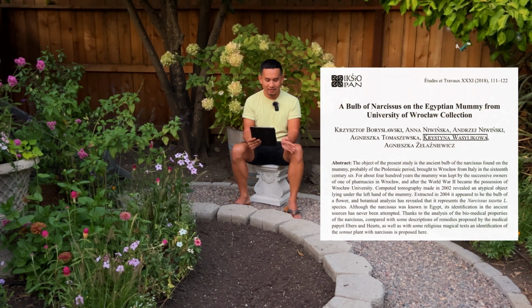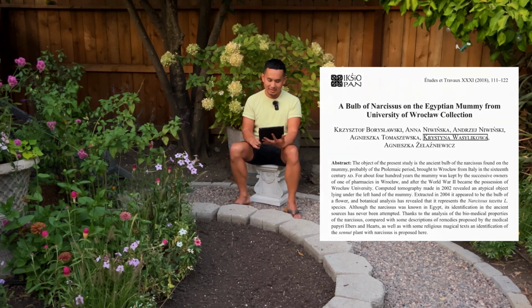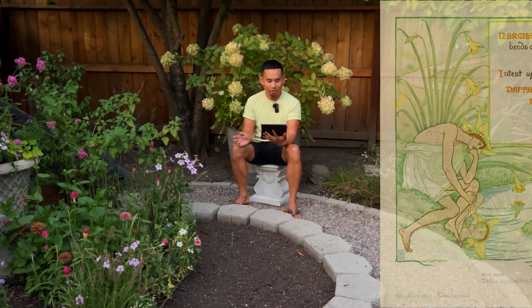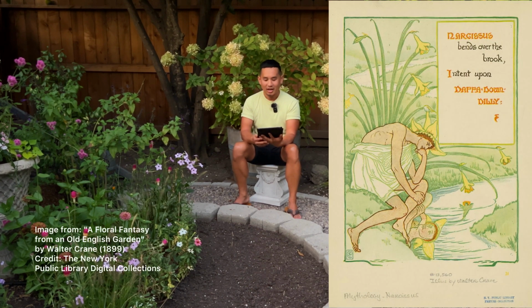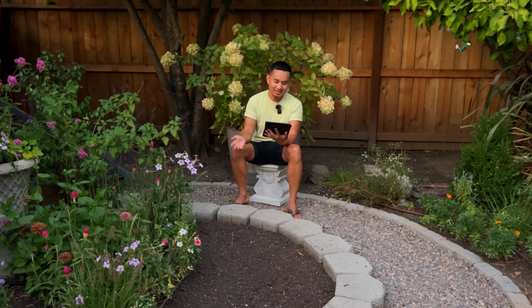The Narcissus Tazetta is considered the oldest cultivated Narcissus. The remains of Narcissus Tazetta bulbs were found in the graves of ancient Egyptians. In Greek mythology, the Narcissus Tazetta is associated with the myth of Narcissus, a youth who fell in love with his own reflection. He was so obsessed with himself, he withered away, and the flower that bears his name sprang